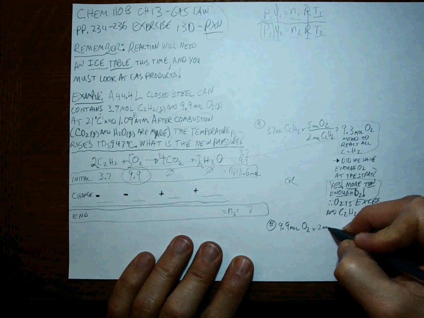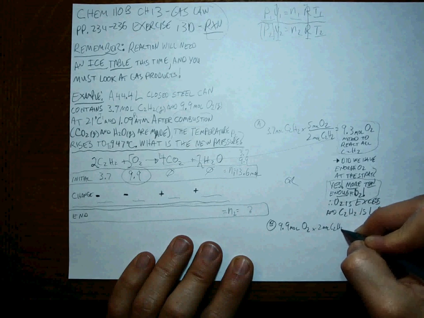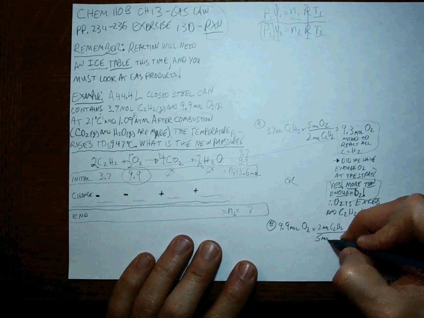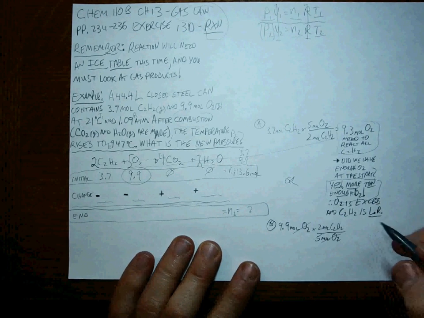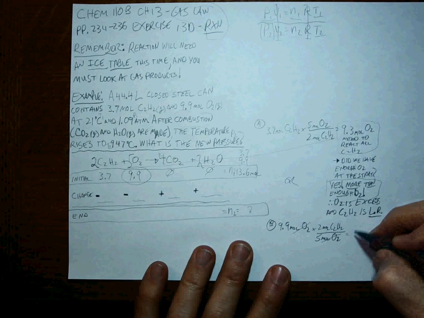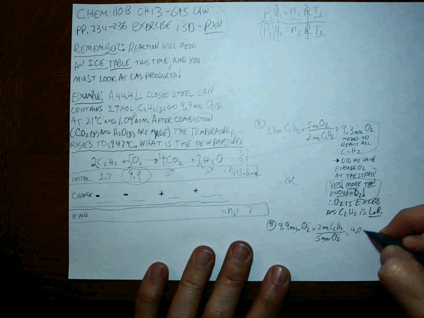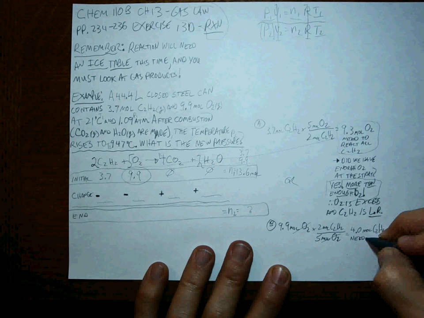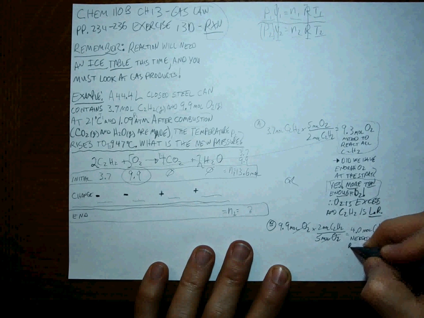You'd look at the ratio. .9 times 2 divided by 5 is 3.96, or 4.0 moles of C2H2 needed to react